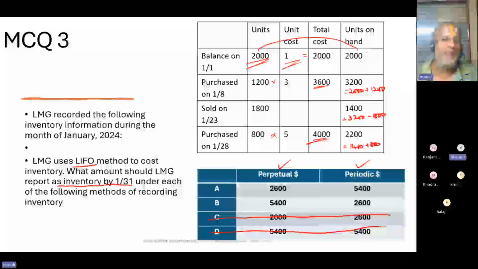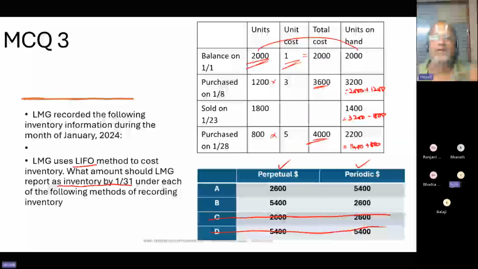They are the same. What is our expectation? They should not be the same. Correct? Eliminate C and D. It's not mutually exclusive. Yeah, mutually exclusive, you can say to that extent. Now select between A and B.